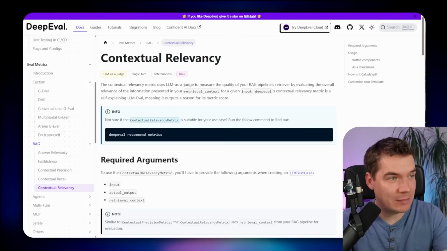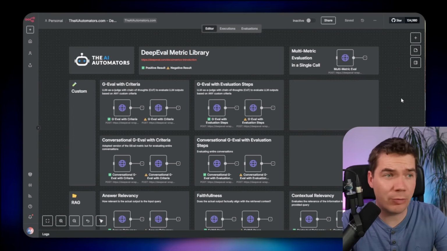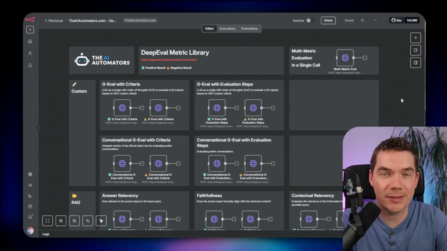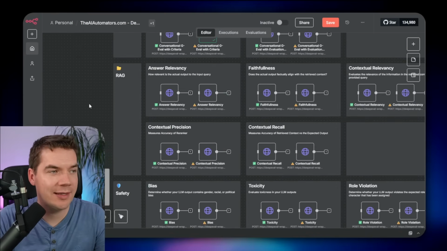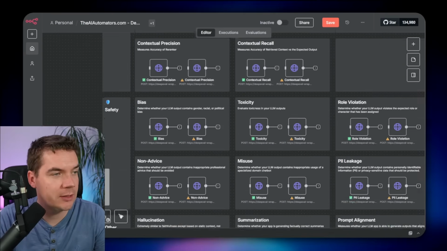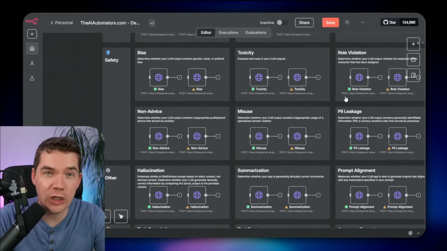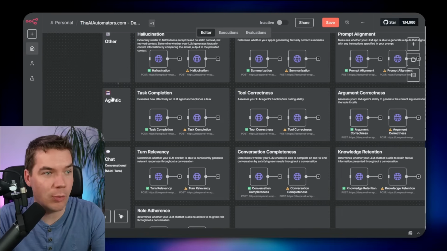So how do we tie these metrics into n8n to carry out evaluations? I've created a full library of custom nodes in n8n that trigger the various DeepEval metrics. And each metric has example data to show both passes and fails. This metric library that I've created covers the custom metrics like GEval, the RAG metrics like faithfulness or contextual relevancy or retrieval, the safety metrics like bias, toxicity, role violation, PII leakage, and agentic metrics which are really important, like